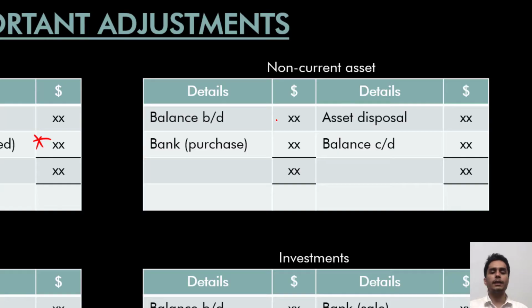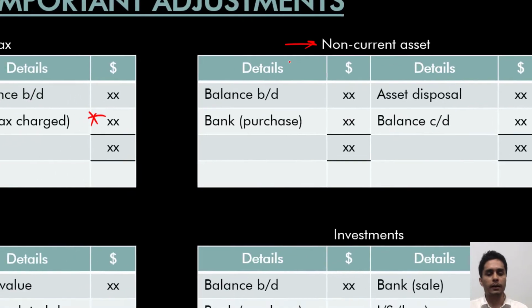Coming to a non-current asset account, sometimes they might give you details of your purchase of new non-current assets, but the cost of assets disposed of would be missing, and that is required to arrive at the loss or gain on disposal of assets so that you can complete your cash flow statement. In that case, you could prepare your non-current assets account to arrive at the missing number. Or they might give you the cost of the assets disposed of. Opening and closing balances will obviously be available from the balance sheet, but the new non-current assets purchased would be missing. That can also be calculated using this format.